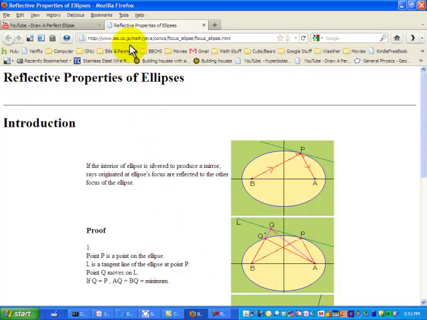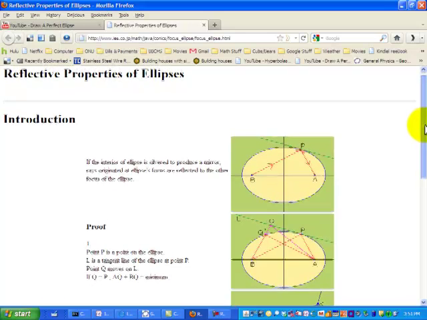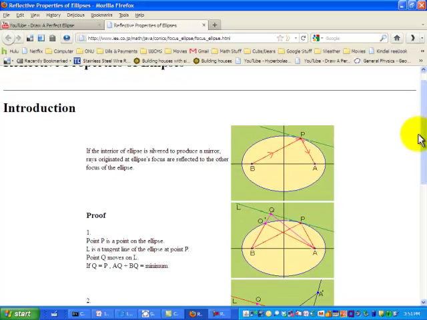Okay, here I'm on this other website. You can see the URL up here if you really want to look at it closer. It talks about the reflective properties of an ellipse. So here you can see this blue ellipse, and these two points, A and B, are the focus points. And one of the properties of an ellipse is that, pretend for a minute that this inside is completely reflective somehow or another,